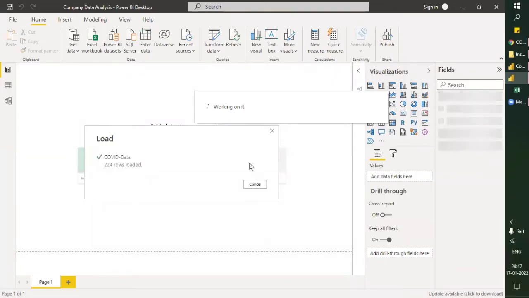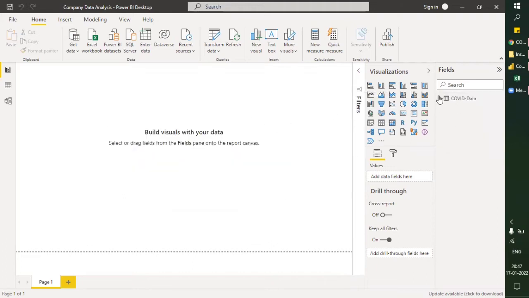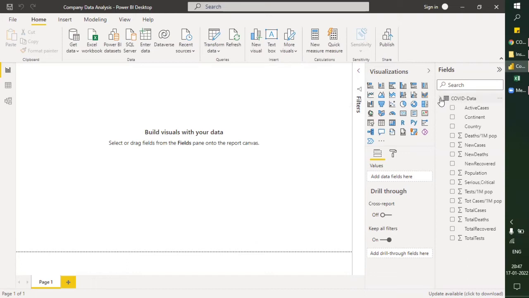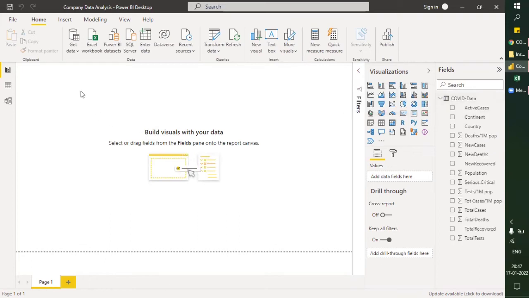So our data is loaded. You can see it's loaded. Our file data is created. The file is here. Let's expand this. So quickly, let's do some analysis, not to waste much of our time. In this we'll be doing a short analysis. Mostly this was about how to download the data from the web.